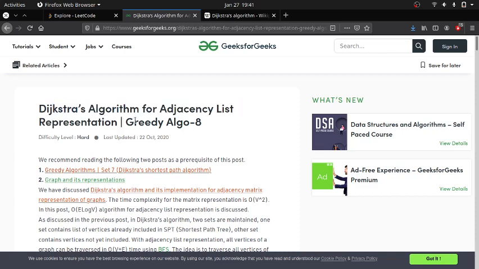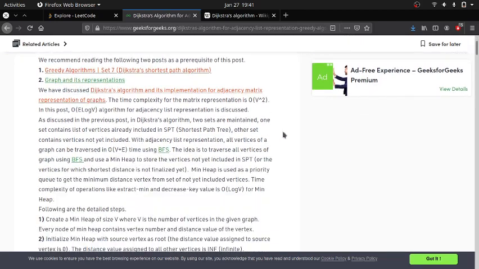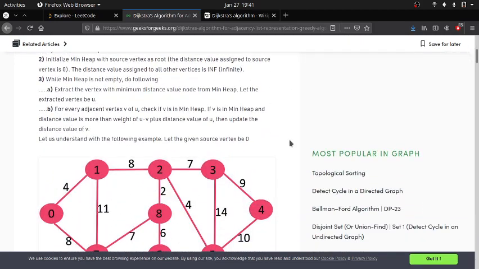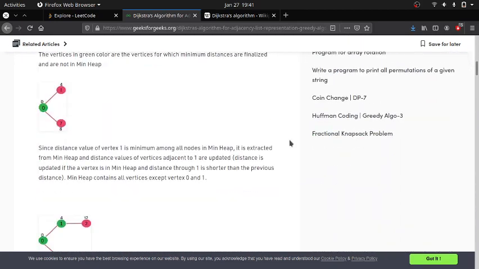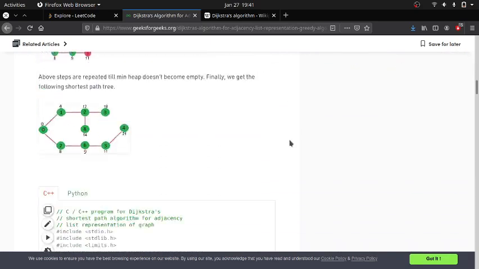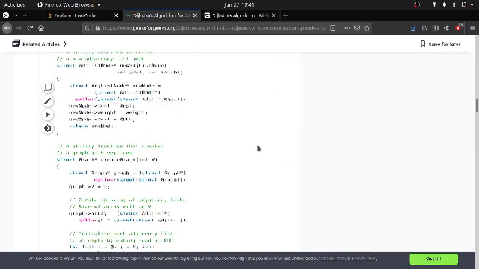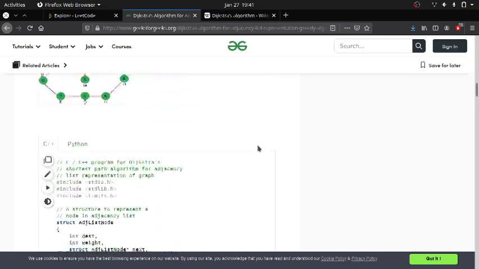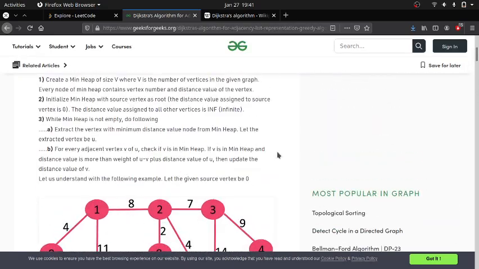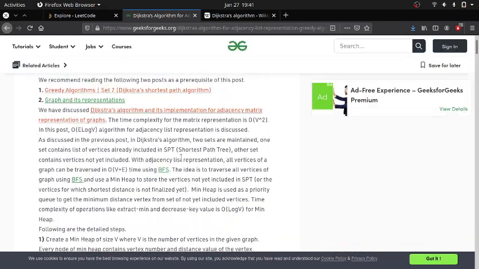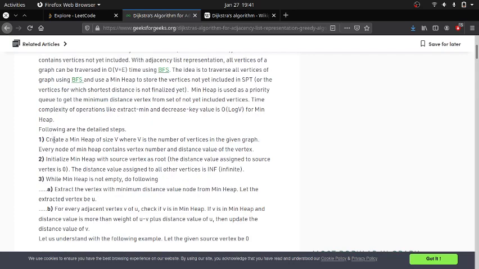That is a greedy algorithm. You will be getting the code, you should understand it, and you should modify that algorithm with respect to the question that is given. Okay, so what he has done here is he does what should be done in Dijkstra's algorithm. He used the data structure min heap.